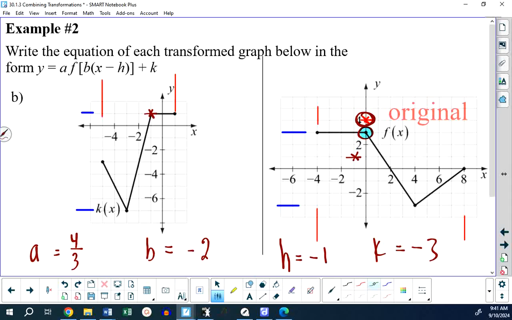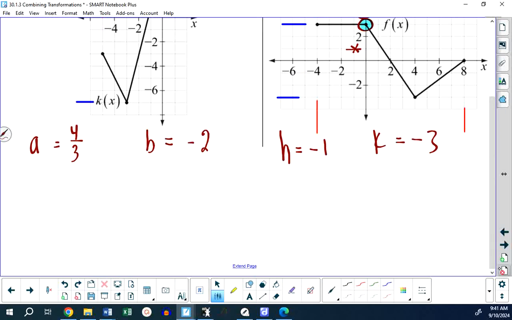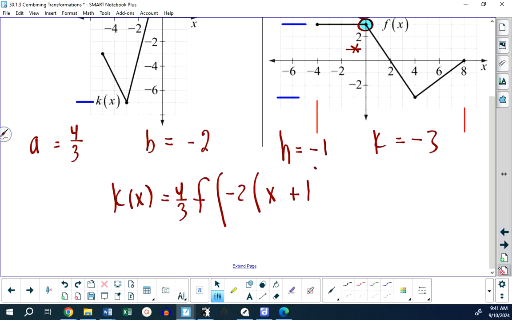You okay with that? Okay, we put it into the equation. k of x is equal to a f of b bracket x minus h bracket plus k is the equation of the function. We have one more example, and